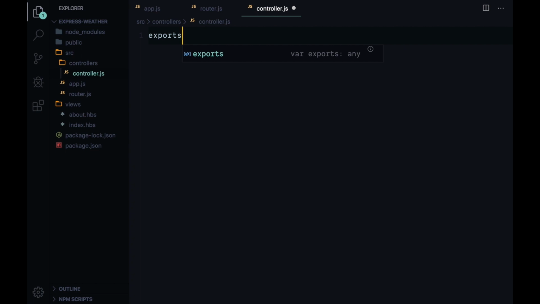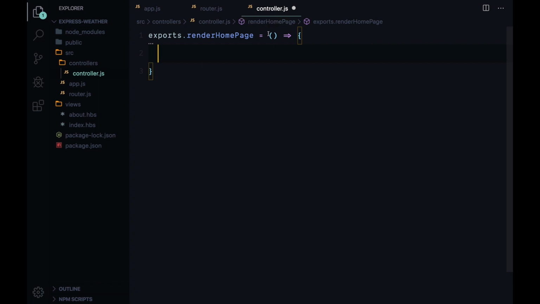Okay, this is going to make sure that the function is ready to be exported right from the get-go. So exports, and let's call this function render home page, and then set it to equal an arrow function, and then inside of it, let's pass in our request and response arguments. Now inside of this function, we can just say